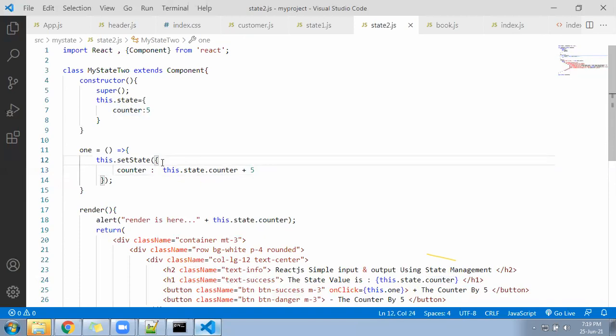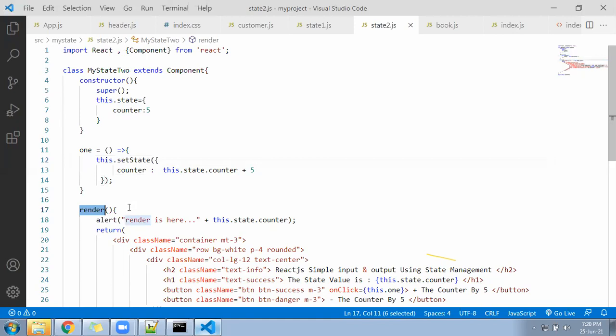And again, as soon as, with the help of setState, you do any changes under the state variable, whether you do plus, minus, edit, update, delete, anything, after the setState function, automatically the render will get called. That is called a callback function somewhere. Suppose setState got executed, and at the end of the execution, it will call the render, saying, I have modified the value, please go and refresh again.